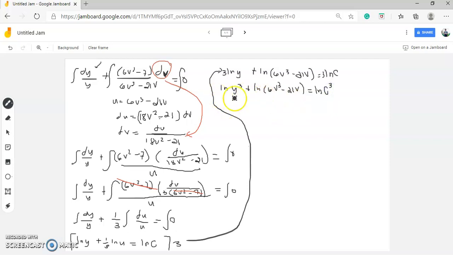After that, this is a logarithm, so let's use the logarithm rule. Combine these because they are separated with an addition sign, therefore they are multiplied. So ln of y cubed multiplied by (6v cubed minus 21v) equals ln c cubed. Then transferring this one to the other side,